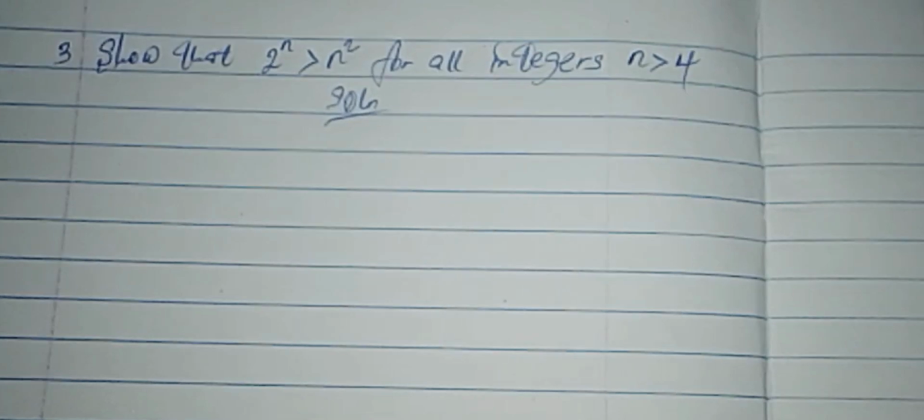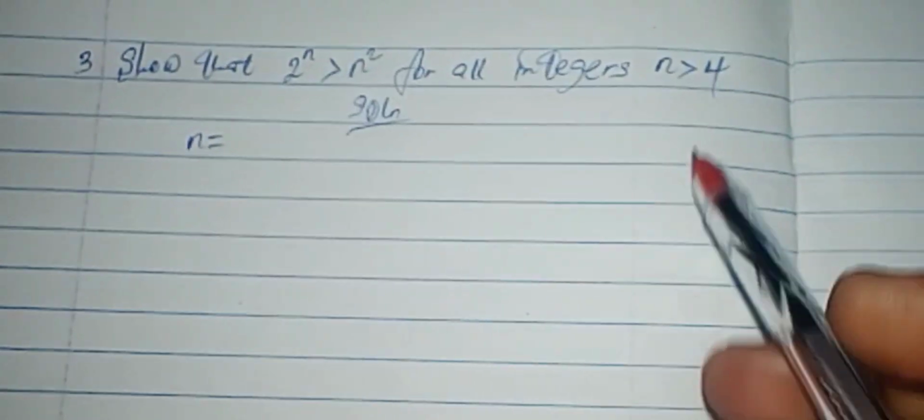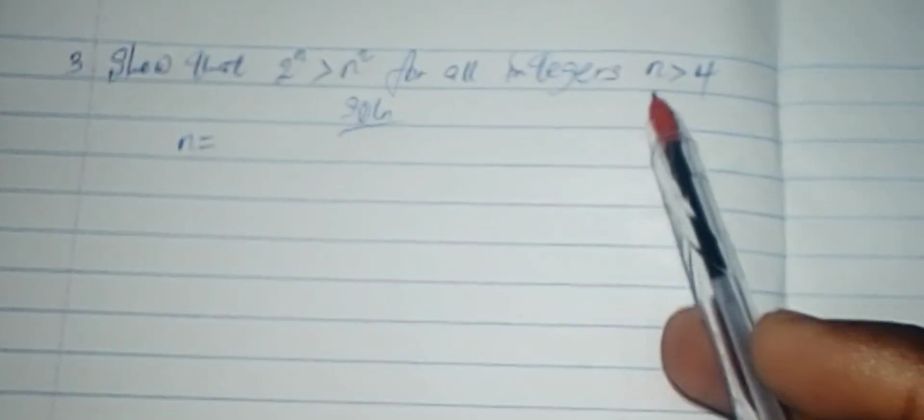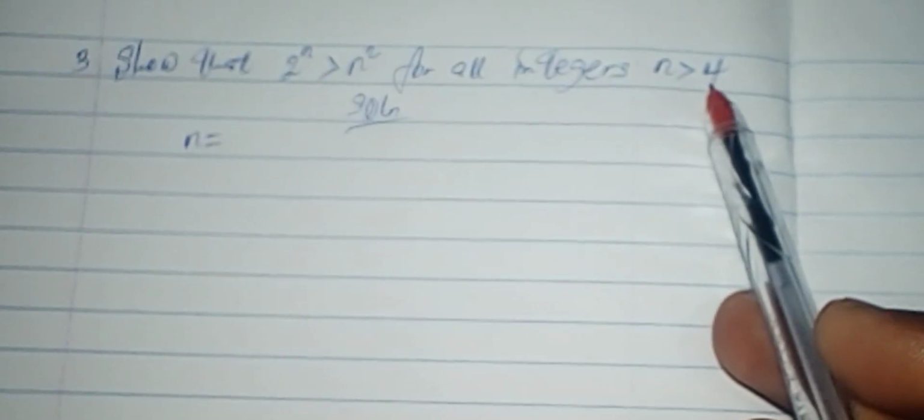Since now n is not all positive integers, n is greater than 4. All integers greater than 4 are 5, 6, 7, and so on. So the first integer greater than 4 should be 5. So make n 5, and we should test